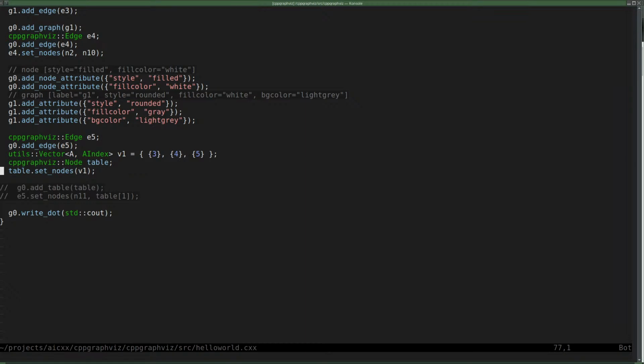Maybe set node is not the right word. Well, it's not even. Set nodes or add nodes or